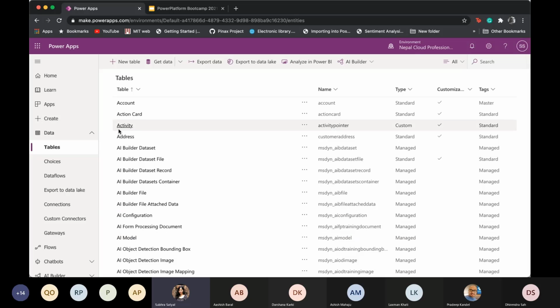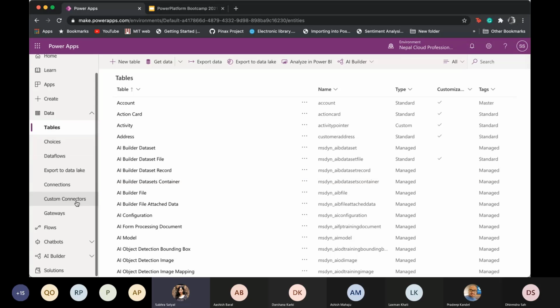And there's also an activity which will help you track your tasks, emails, notes, and so on. So basically, this is just a bunch of stuff that's already pre-built for you. Okay, but to create your own custom application, the first thing we're going to do is we're going to build